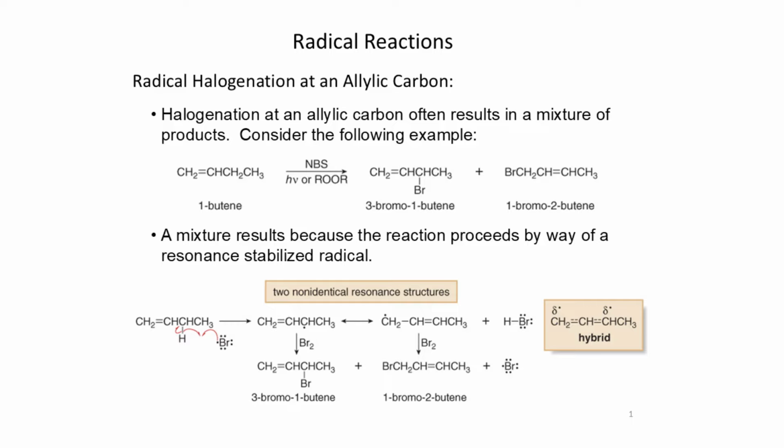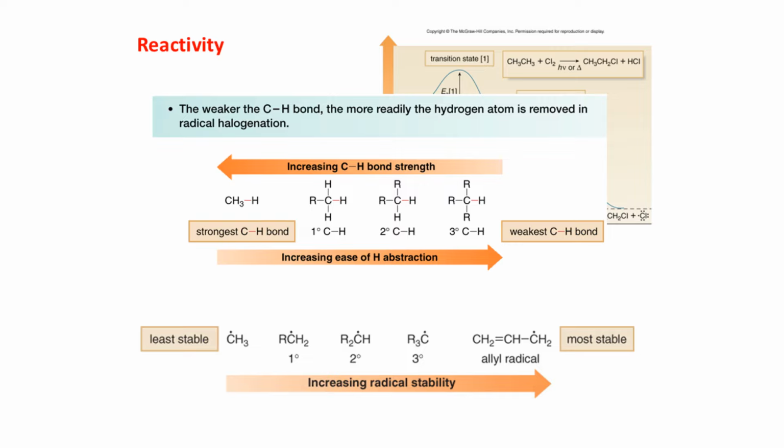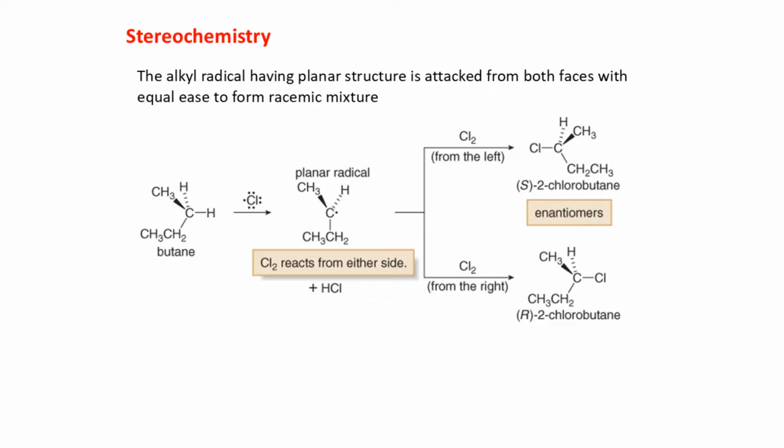Radical halogenation at an allylic carbon often results in a mixture of products due to resonance stabilization, as seen in the example of 3-bromo-1-butene and 1-bromo-2-butene. The reactivity of CH bonds in radical halogenation depends on bond strength and radical stability, with weaker CH bonds being more readily removed. The planar structure of alkyl radicals allows for attack from both faces, leading to the formation of